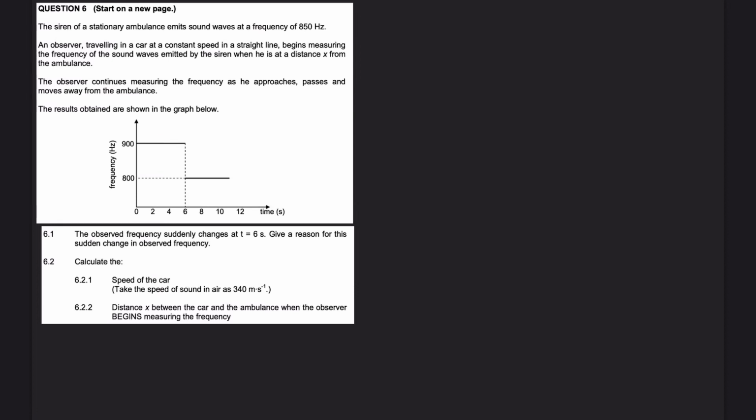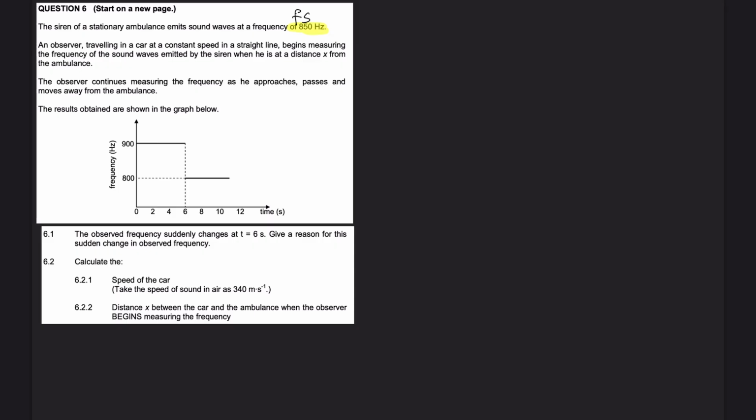Today we're going to be looking at the Doppler effect. Questions from this quite old paper. I think it's 2013. Question number 6 reads, the siren of a stationary ambulance emits a sound wave at frequency 850 Hz. So what we should do is highlight that and label that as